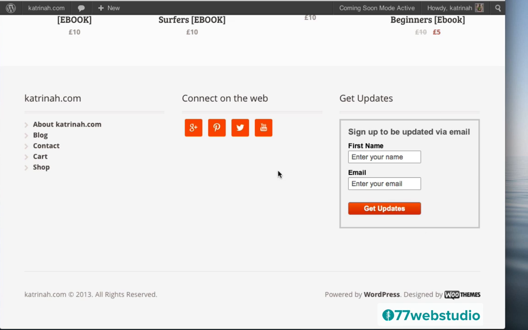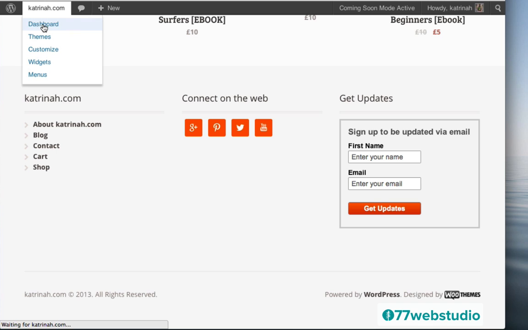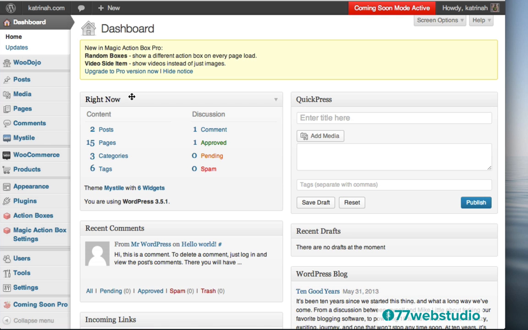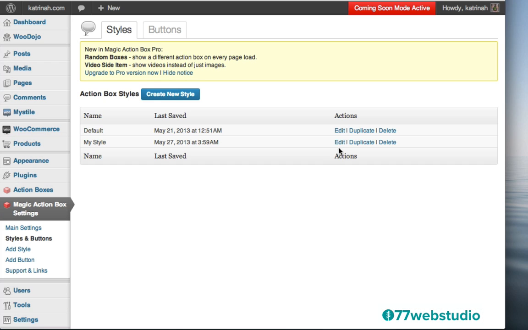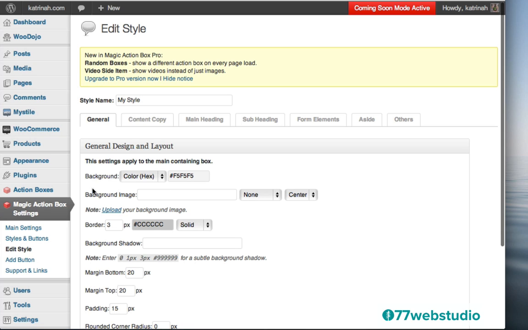So that is what I'm going to do right now. I'm going to customize this box. To do that, I'm going to go up to the top and click on Dashboard. And then here on the dashboard screen, I'm going to go to the Magic Action Box settings and click on Styles and Buttons. Then I'm going to click on Edit My Style right here by clicking on Edit. And then here on the General tab, you'll note that the background color of the form box is this code that says F5, F5, F5.